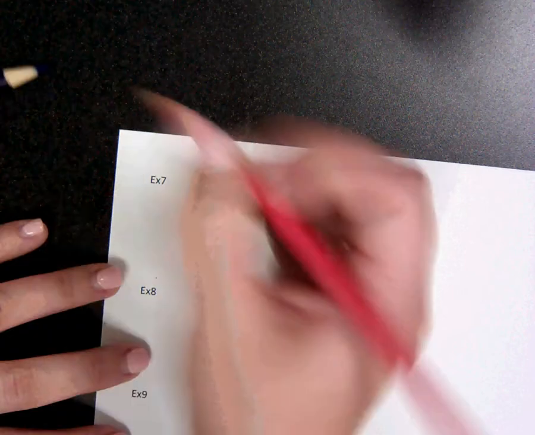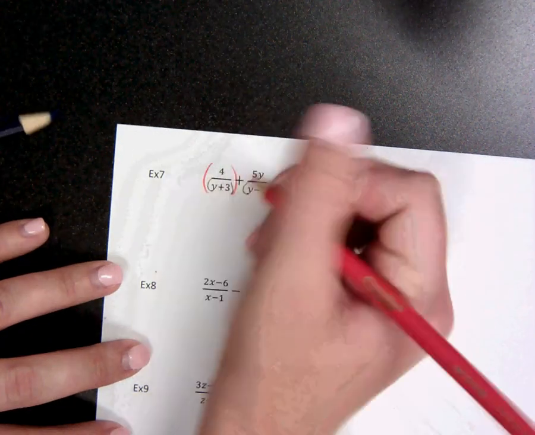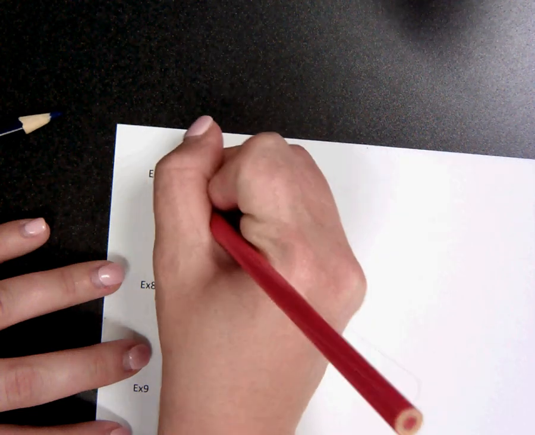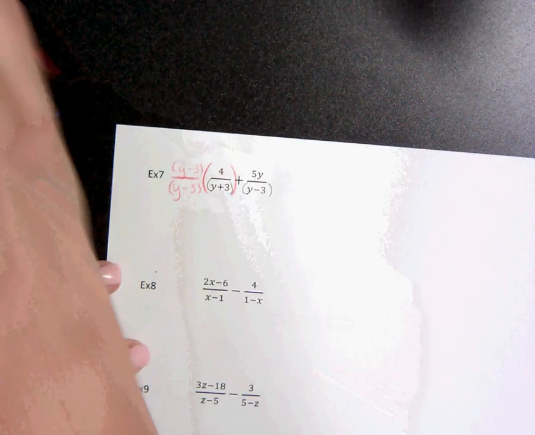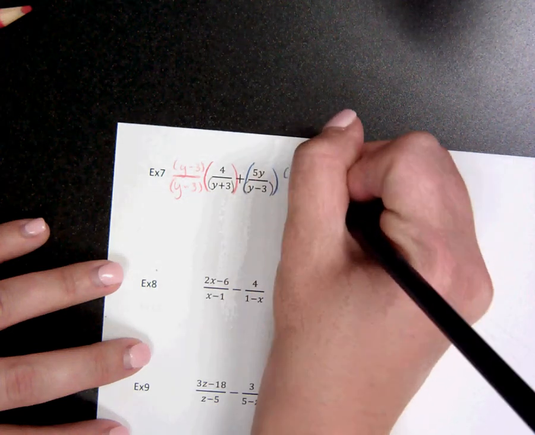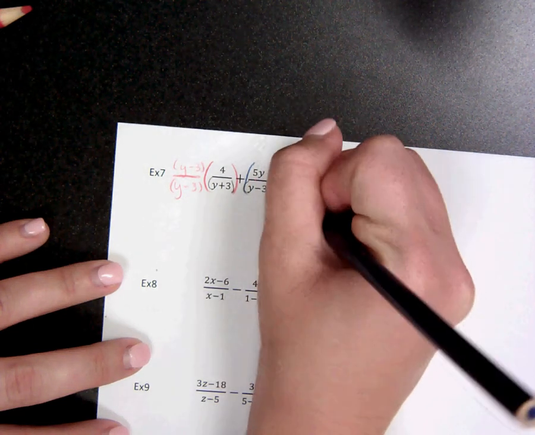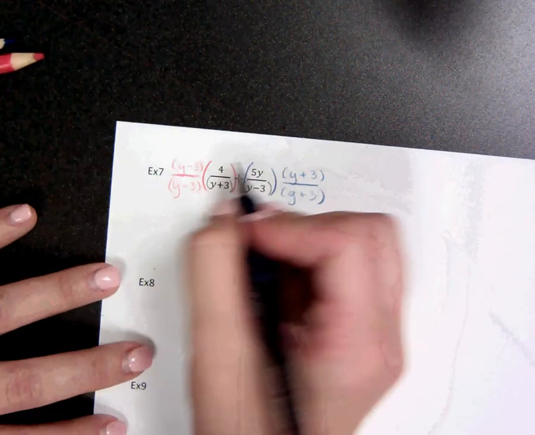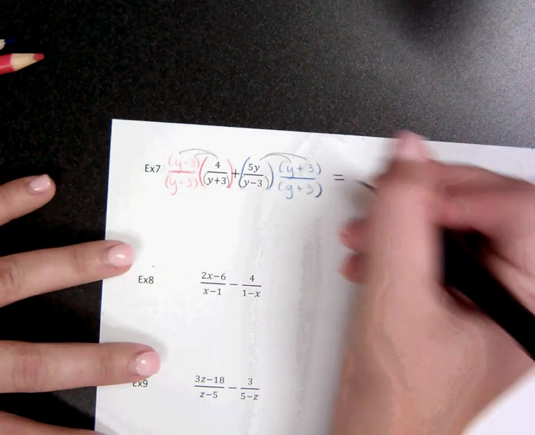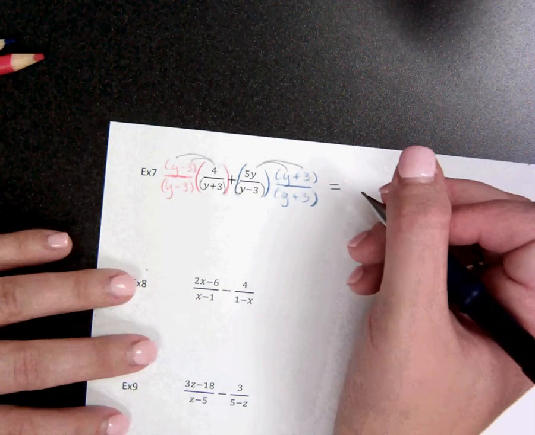So using distinct colors, I'm going to multiply that first fraction by y minus 3, because that's what it's missing. And then I'm going to multiply the second fraction by y plus 3, because that's what it's missing. And it looks a little messy right now. We're going to go ahead and distribute the tops, and then we'll clean them up. That gives us